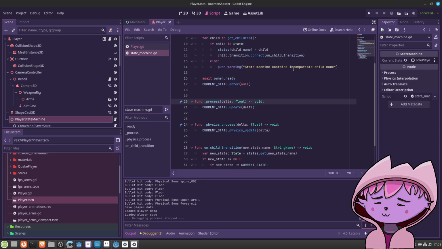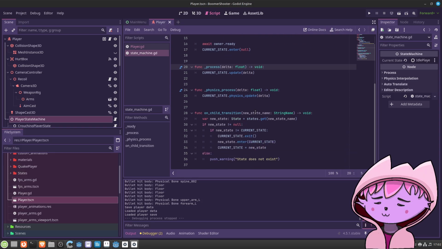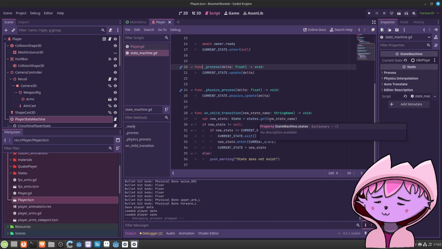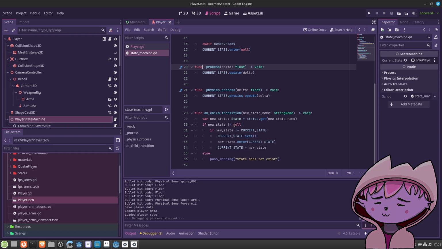The transition signal gets the new state as a parameter, and that parameter is fetched from the states dictionary. It's a new state, and we check that it exists. Yeah, it should. And if it's not the same state, then we go to the new state. Yeah, cool.